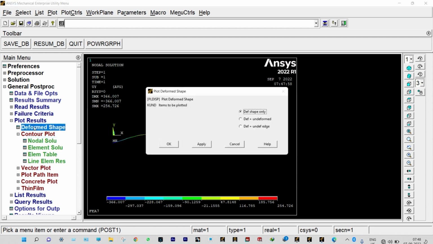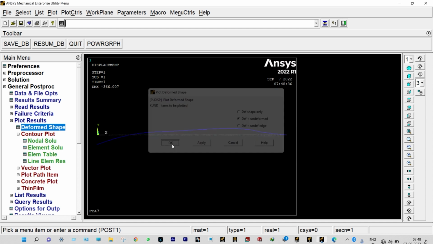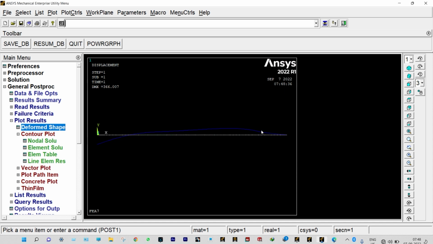Let us see that deform shape, deform plus undeform. It will show the original drawing and the changed drawing also. So the white one is the actual original drawing, and the blue one is the changed drawing. By the application of defined loads, it will be deformed in this way, right? Next to that, we want to see the